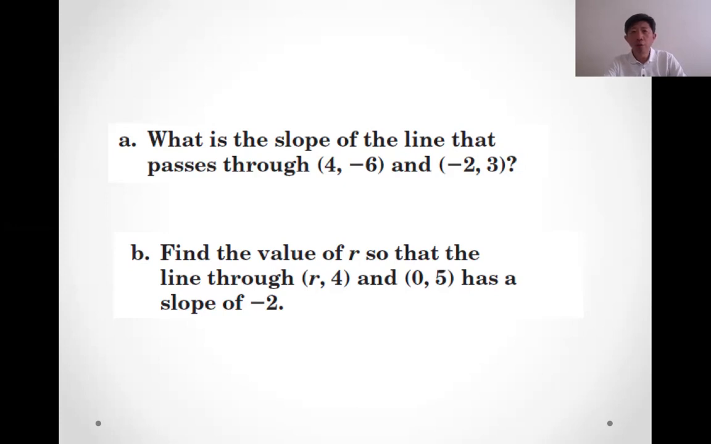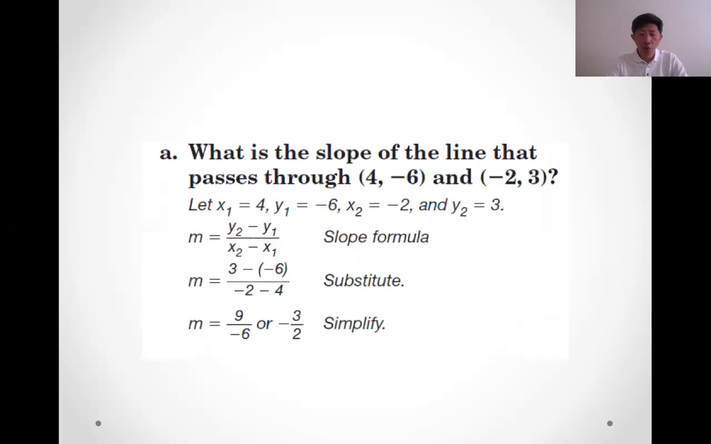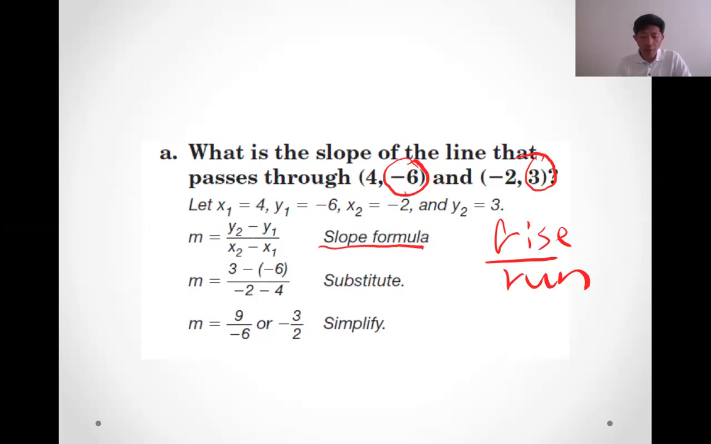Again, we use rise over run, right? This is the slope formula. So for the rise, we take 3 minus -6. We have 3 minus -6, which gives us 9, right? So what about run? Run is